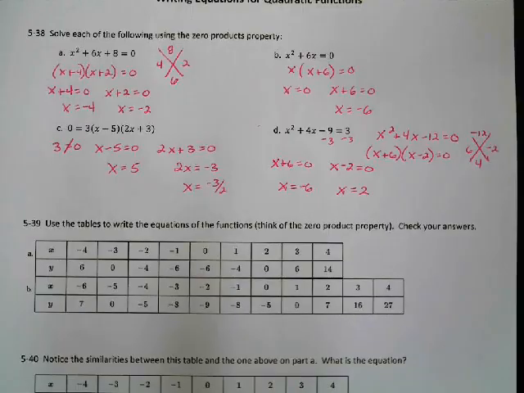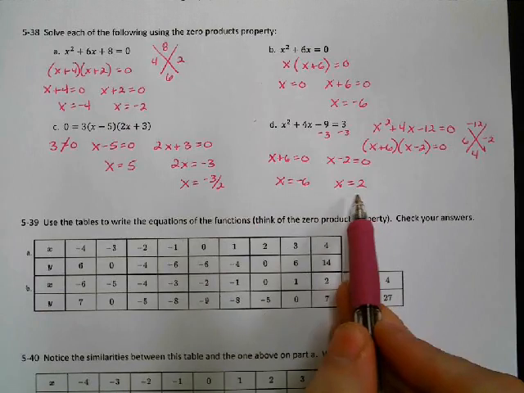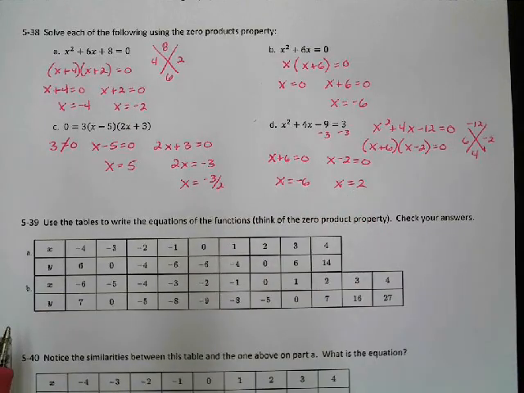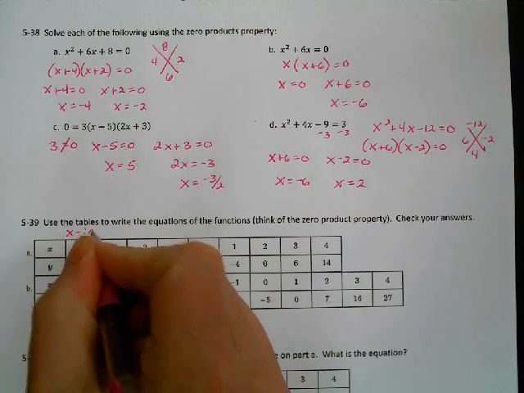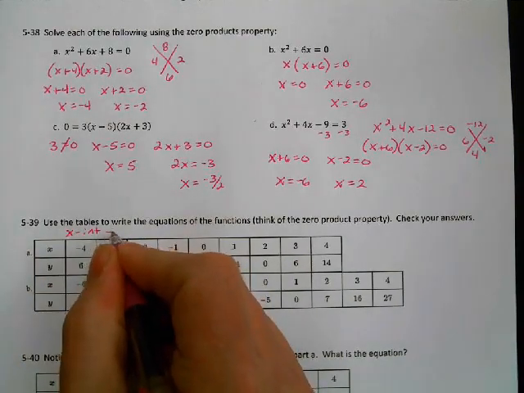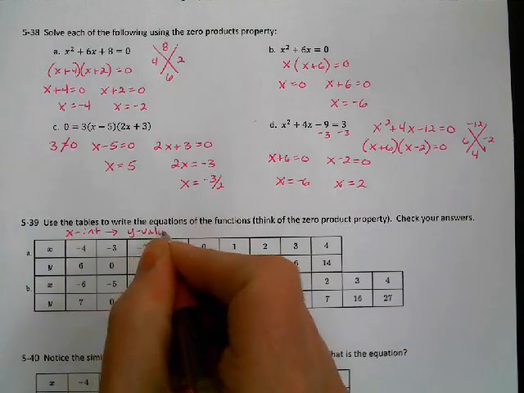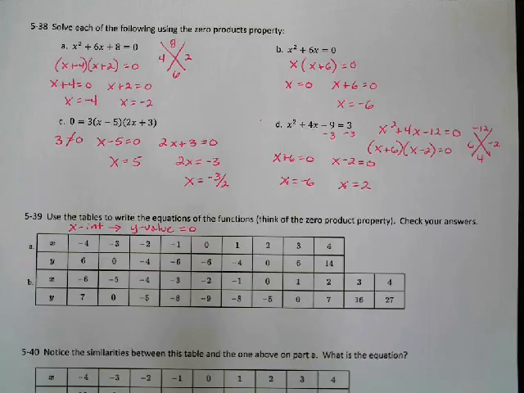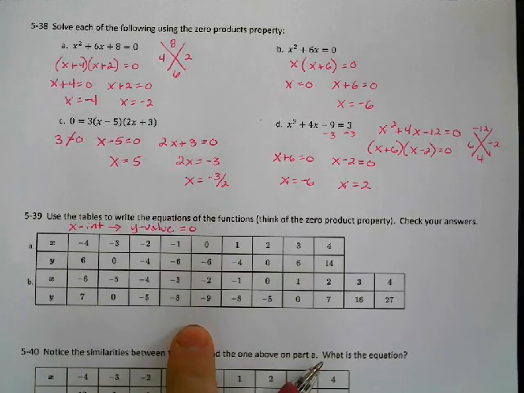All right, so we just talked about how these are the x-intercepts. Remember, when you have an x-intercept, the y value is 0. Anytime you cross the x-axis, the y value is 0. So on these ones, we got two different sets of data. We want to write an equation for them. So what I'm going to do to write the equation